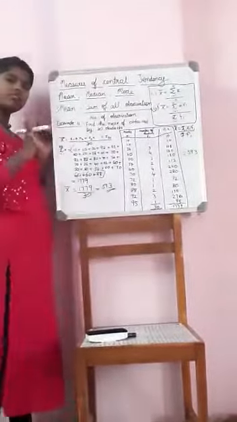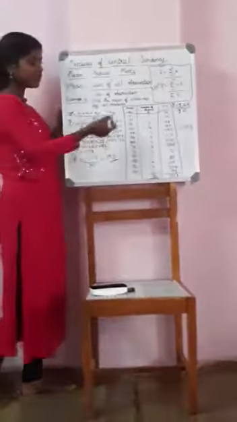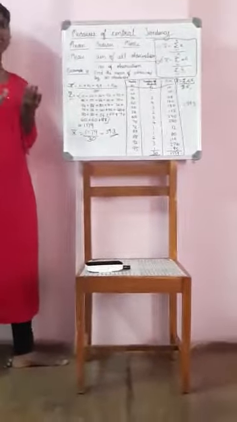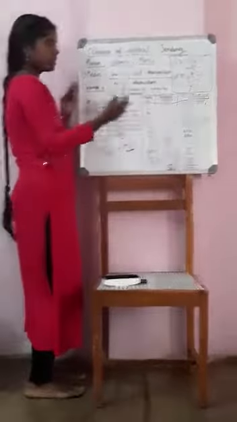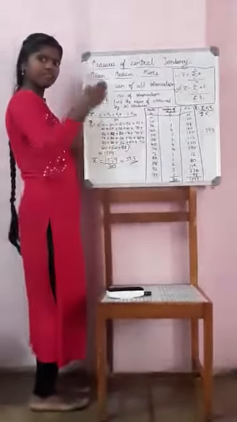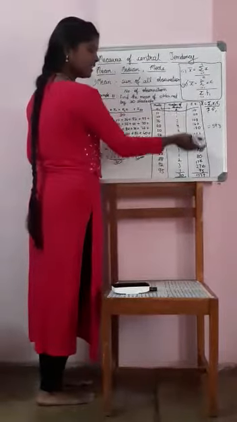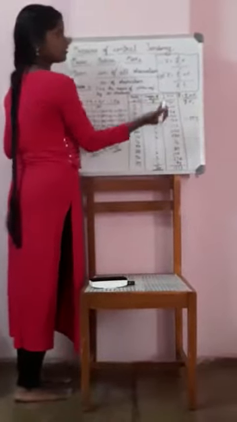If it is for 4 or 5 students, then the first method is okay. You can add all the sums, divide by the number of observations. When it is for so many, 30 students, you can't sit and count or use a calculator. So this is an easier method. When you make a tabular column, write the marks separately, then frequency, then multiply the marks with the frequency, find the total, find the total of the frequency, then use this formula.